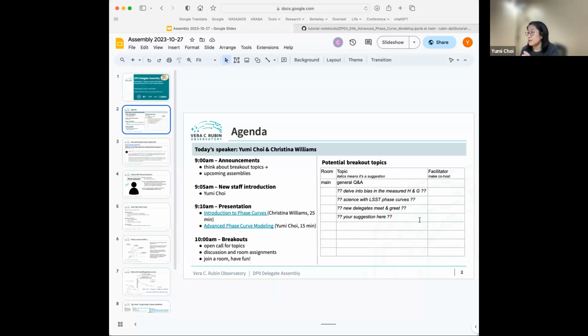If you are interested in working on any of these or something else, we can make breakout rooms for you. And then the main room will be for general Q&A session as usual. And then when the presentations are over, we'll come back to this slide and then decide what breakout rooms we want to make.